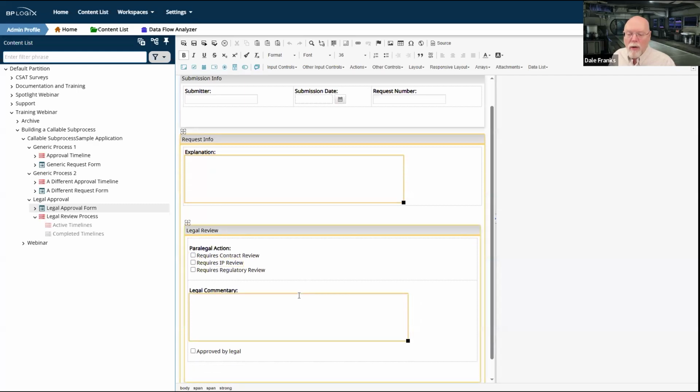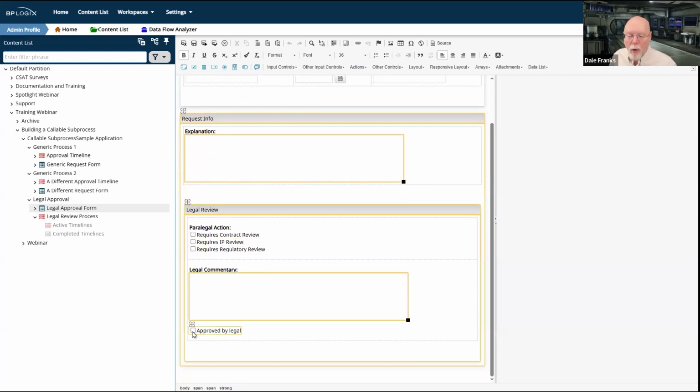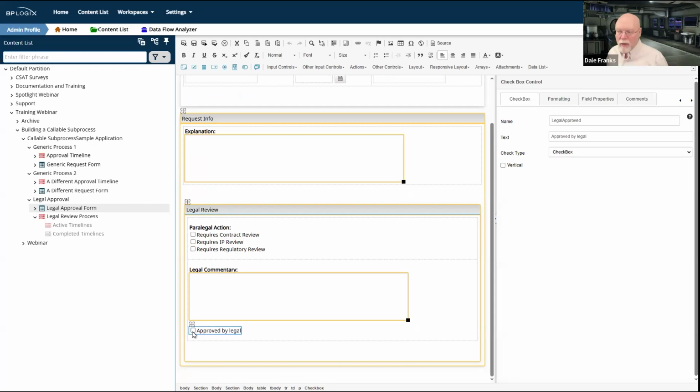I need to be sure that my legal commentary and whether or not this was approved by legal, I need to know that they are going to go back to the other form that is included in the process. Because remember, at this point, we now have 2 forms that are going to be included in both processes. In the parent process, I'm going to have the request form and the legal form. They're both going to get sent down to the legal process, and then from the legal process, they're both going to be sent back up to the parent process. And so they're both going to be in the same process in both processes.